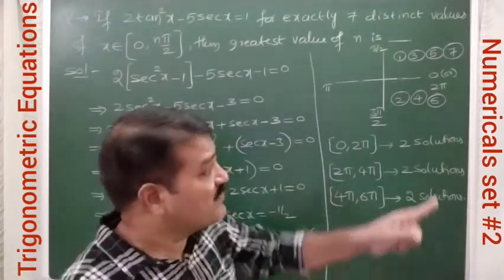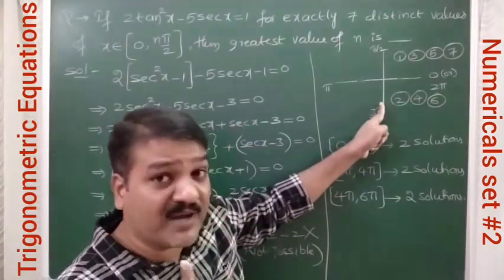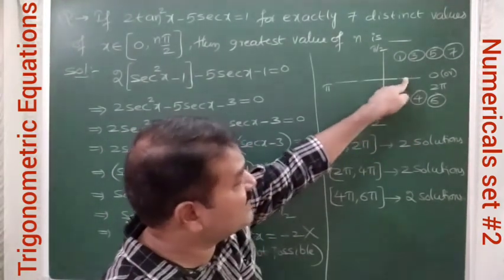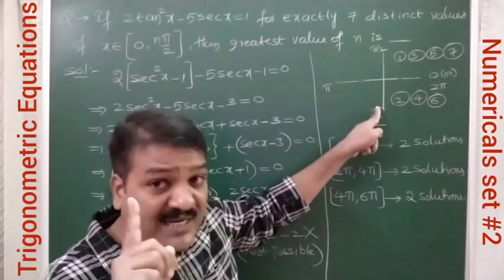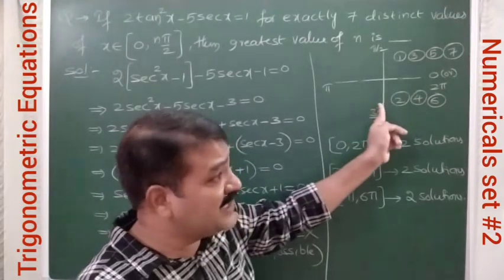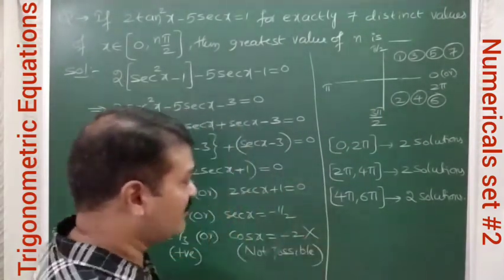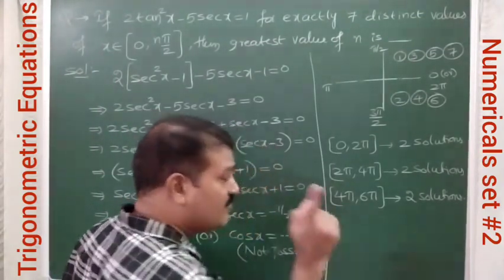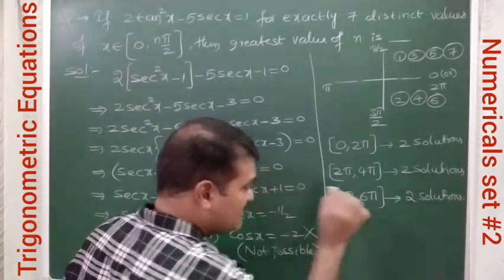That means in the fourth cycle you can come only up to this point. You cannot go beyond that. That means in the fourth cycle, from 0 to 3 pi by 2 you can travel. You can cover a distance up to 3 pi by 2, but not more than that. Okay, so therefore here the fourth cycle means what? It starts from 6 pi.